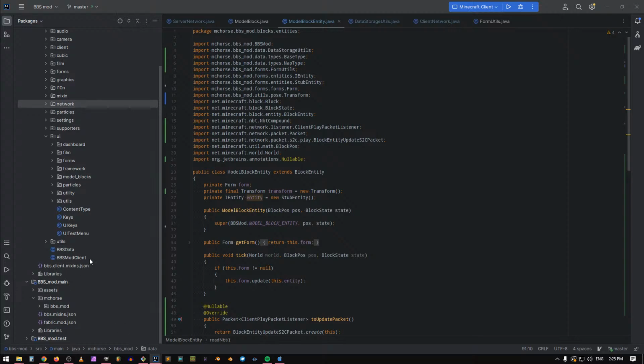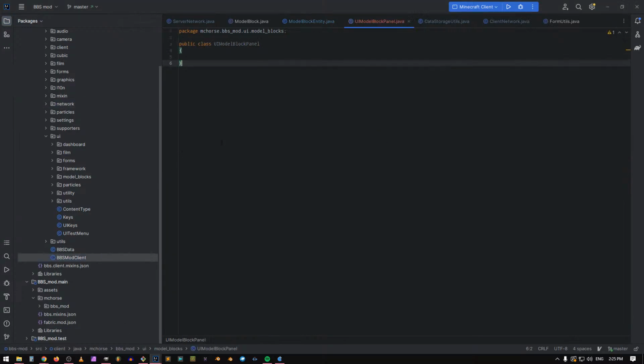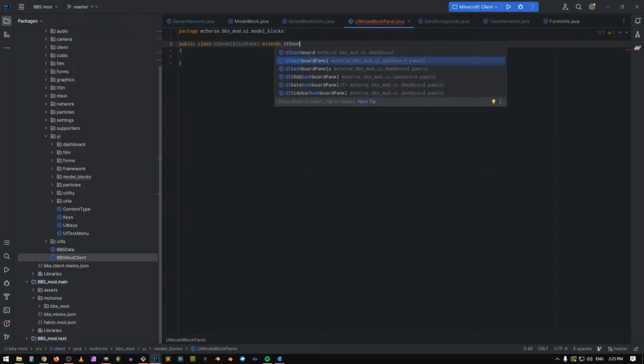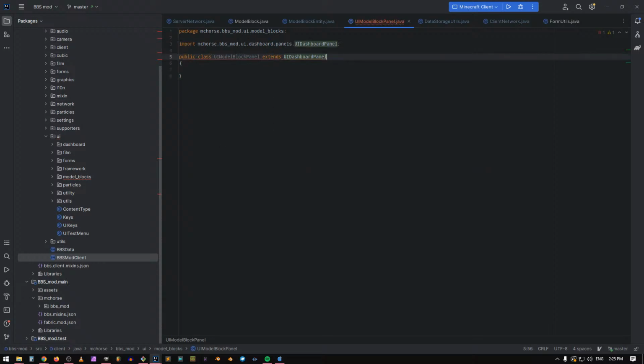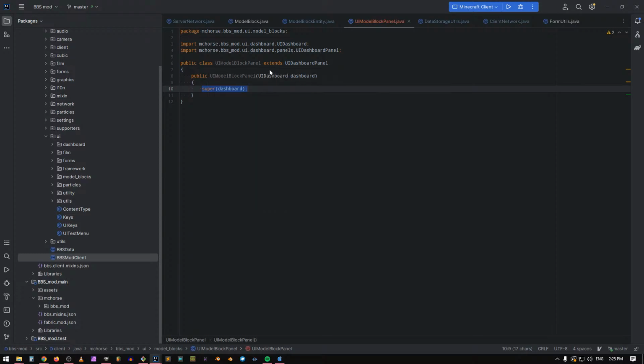Let's see. So UI model block panel. I created just a class. UI turbo panel. Yeah. So the UI graph, I need to do something like UI graph. So here, that's it. So here I would have the